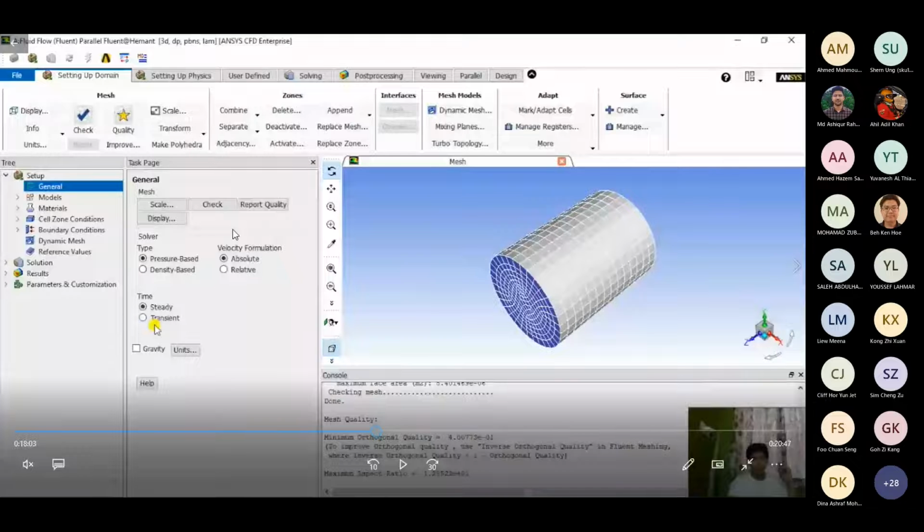Apart from that, you can check your mesh, whether the changes that you had done previously in the meshing UI are consistent with your solver, and compatible with your solver. So we can actually check that. Then in report quality, you can check the quality of your mesh, if it's proper or not. Basically, quality majorly depends on the size of the elements it is constructed from.